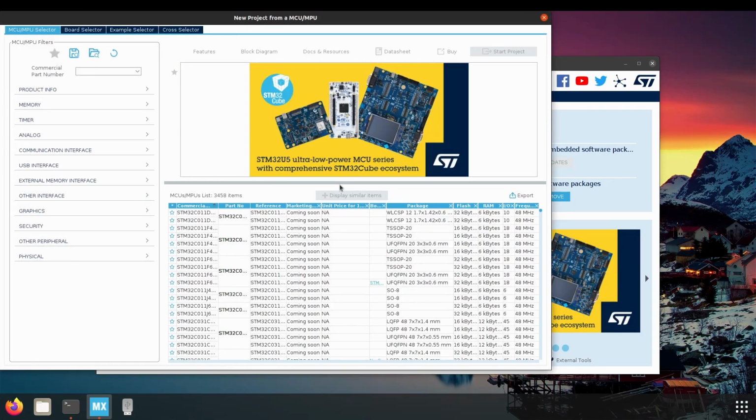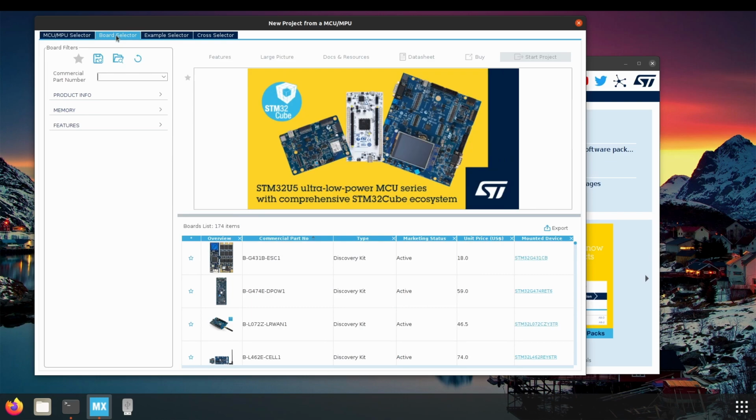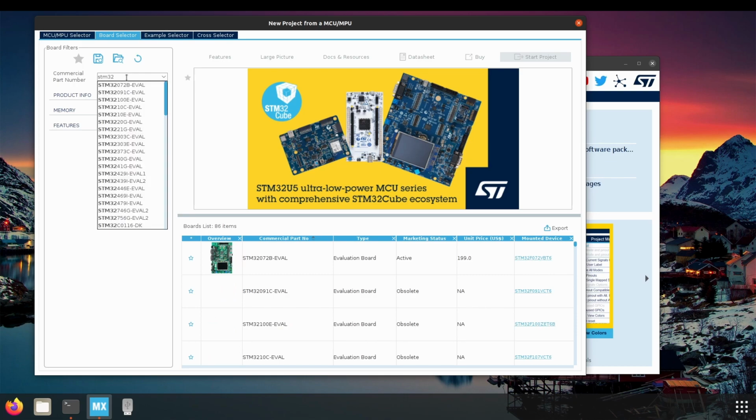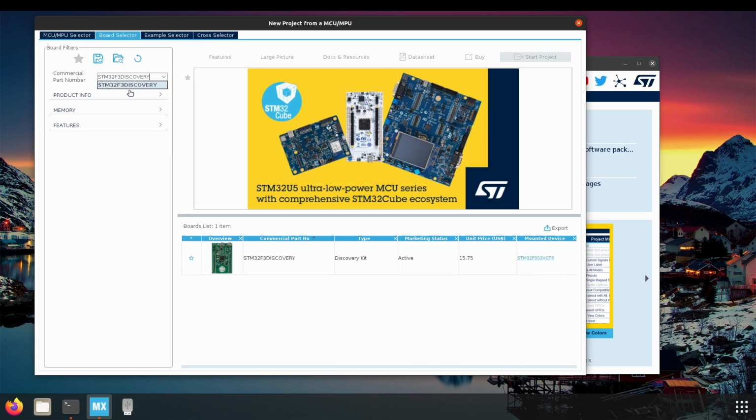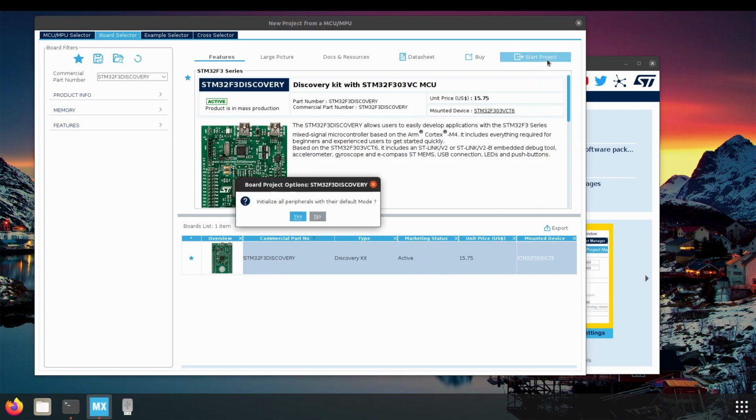Now a new window will open. From here you can search for your MCU. But since I already have the dev board, I will just click on the top corner board selector and search my board from there. For this tutorial, I'm going to use the STM32F3 Discovery. I will click this little star to add it to my favorites,